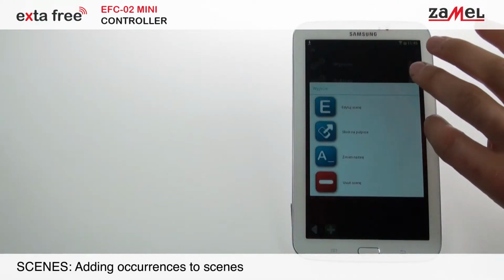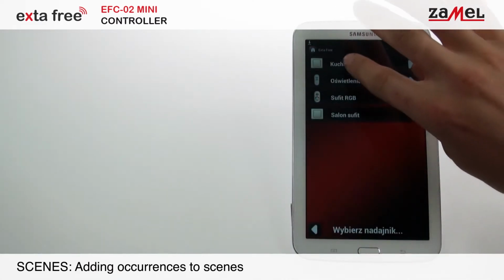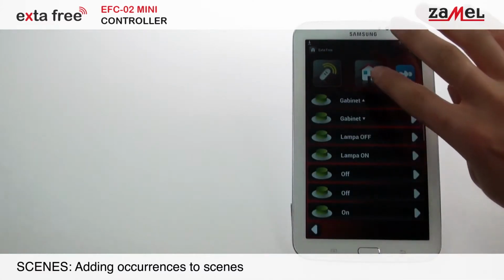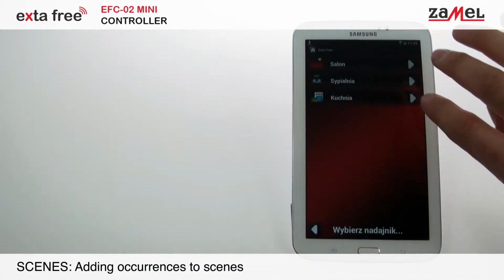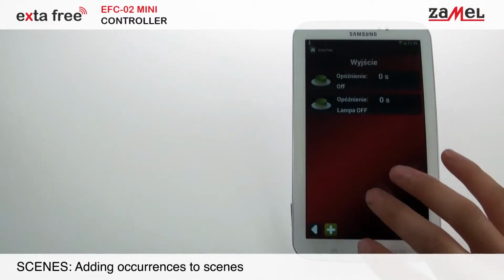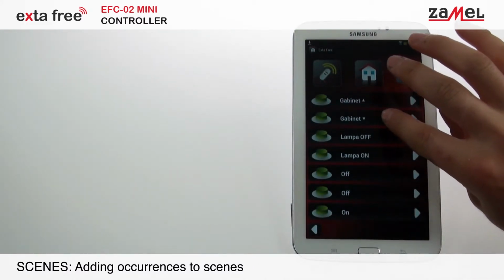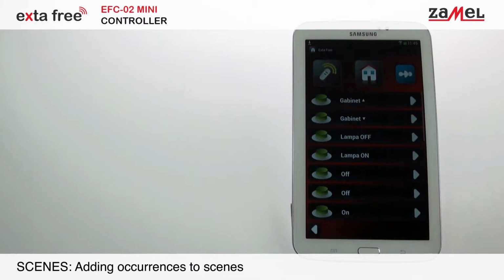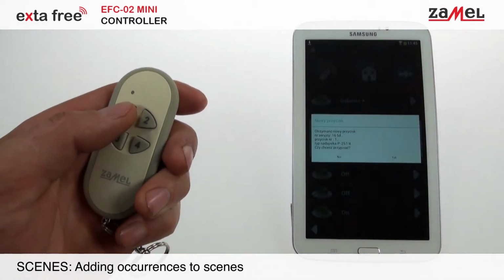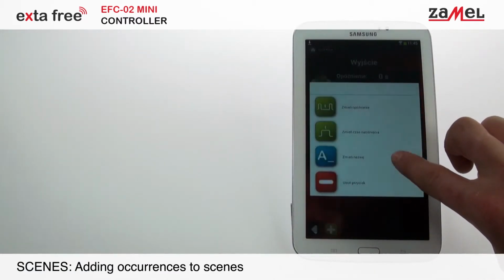Enter the Sensor tab in order to add a sensor to the EFC-02 controller. Next, push the Add Sensor button and choose the sensor. The controller will enter the programming mode. After entering the data, the sensor is visible in the mobile application. By means of editing options, it is possible to name the sensors individually or to delete them. In case of temperature and luminous flux intensity sensors, the information regarding values is known at once. In case of other sensors,